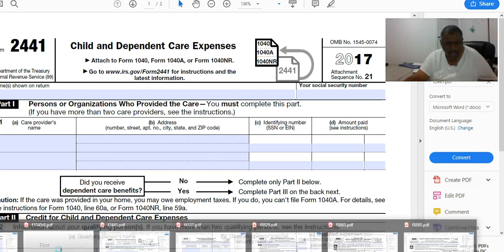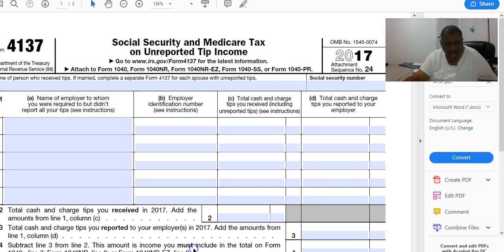And then we're gonna do one more form, which is 4137, which is Social Security and Medicare tax on unreported tip income. So this form is basically for people who work in hospitality, which means people who work in the tip industry. So bartenders, waitresses, waiters, doormen,